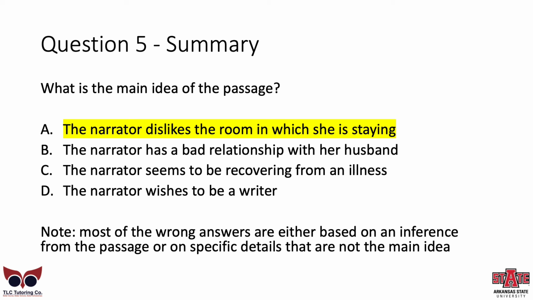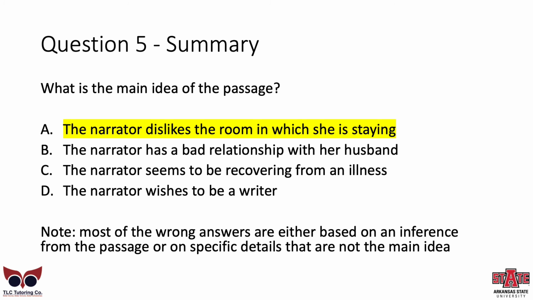Option D is also implied when the narrator mentions that she enjoys writing, but that John does not want her to write. Remember, in summary questions, most of the wrong answers are either based on an inference or a specific detail from the passage, but none of them are the